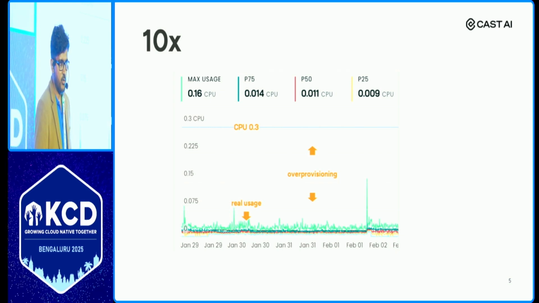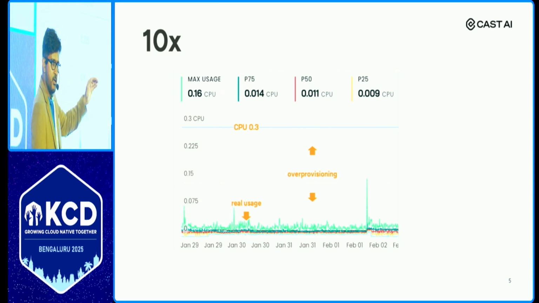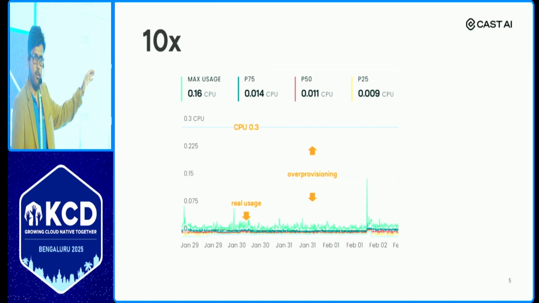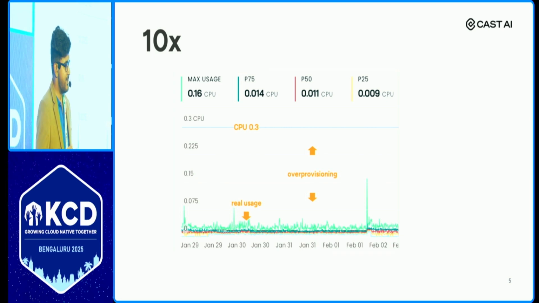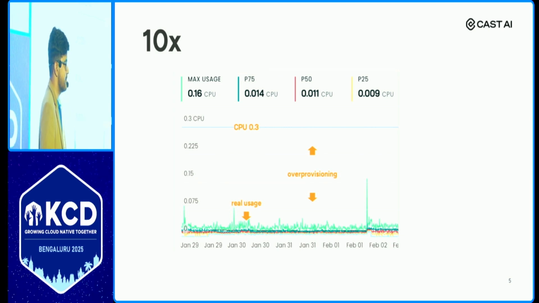No, right? It's not possible. They check for the peak. They say, okay, let me set for the peak, there will be no problem. And now the problem is that the DevOps engineer is scratching his head about how to reduce cost. I get the ask to reduce your cloud bill. You are not able to touch this because the developer says, hey, if you touch it, the application will not perform.